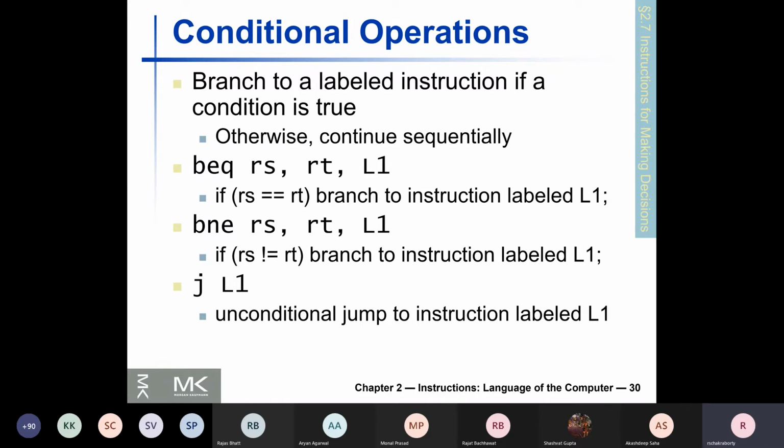Now we are coming to portions of the instruction set which are a little peculiar. They are peculiar because the behavior is slightly more difficult to understand and not always very intuitively obvious.